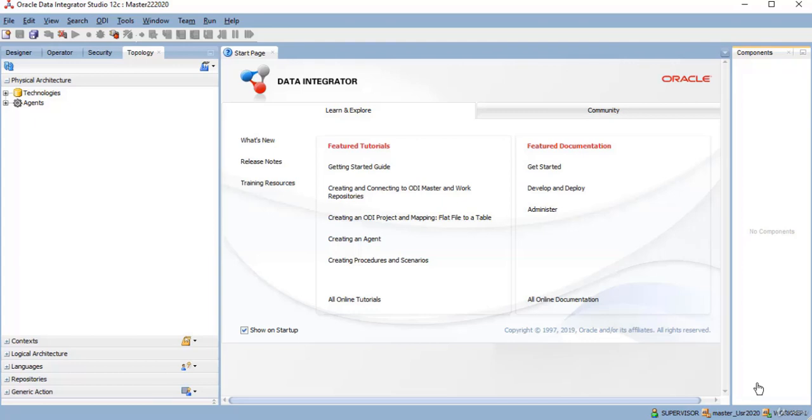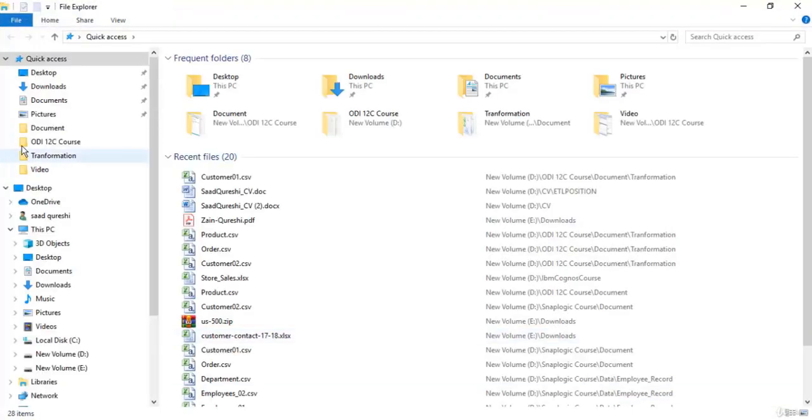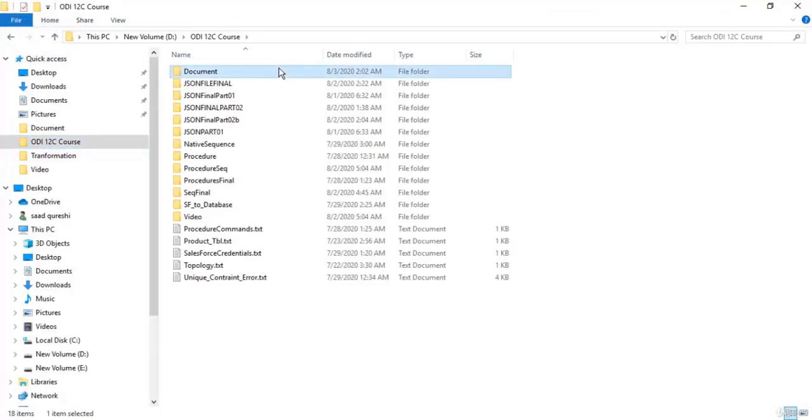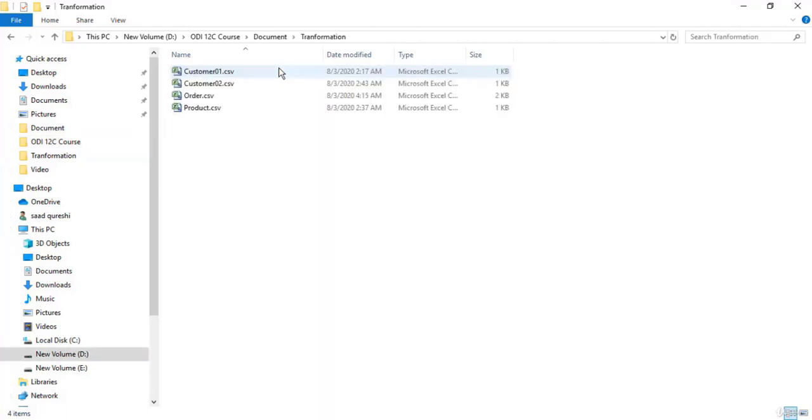Hello everyone, in this particular lecture we are going to look at the transformation steps in Oracle Data Integrator 12c. So let me just explain the scenario. Let me show you the files which I'm going to read. So these are my files,